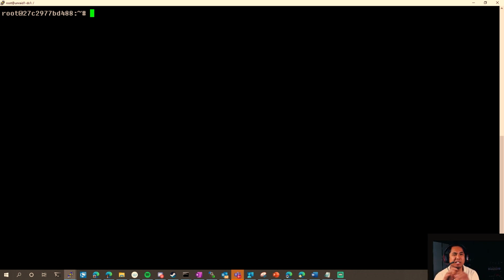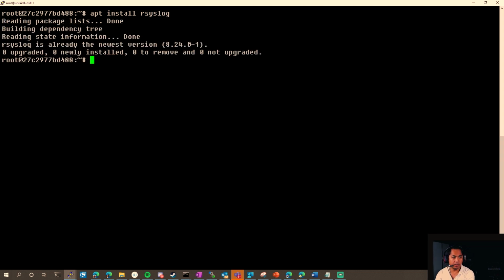Whether Ubuntu or CentOS, the commands are pretty much the same. You may have to change them depending on the distribution. You're going to want to do apt install rsyslog first. You've got to make sure it's installed, all right? And then once it's installed, you're going to do